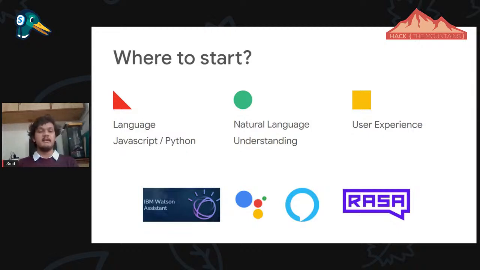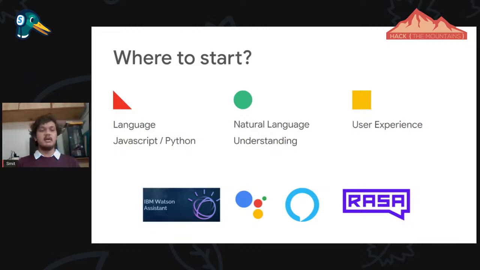Bixby by Samsung is also available for developers. But JavaScript and Python are trending more for chatbot building because Python supports NLP in an easy way. So developers use Python to build, and JavaScript as well because of the SDK.